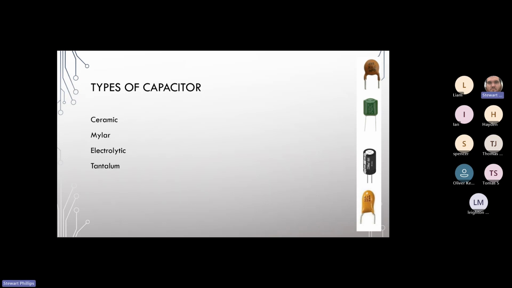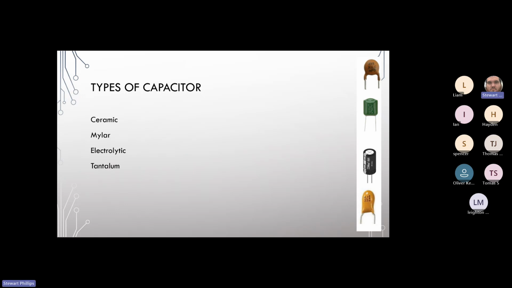Your Mylar capacitors, also known as green caps because they are always pretty much green, are relatively cheap and a general purpose non-polar capacitor for electronic circuits. So when I say non-polar, as in non-polarized,